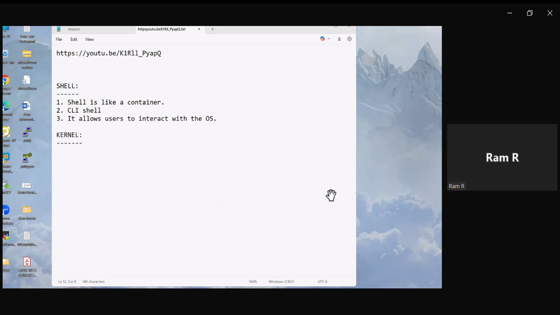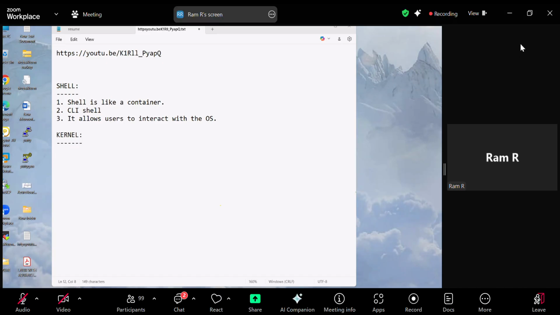Okay, thank you. So already people are registered with multi-cloud with DevOps. I mean, once this Linux based